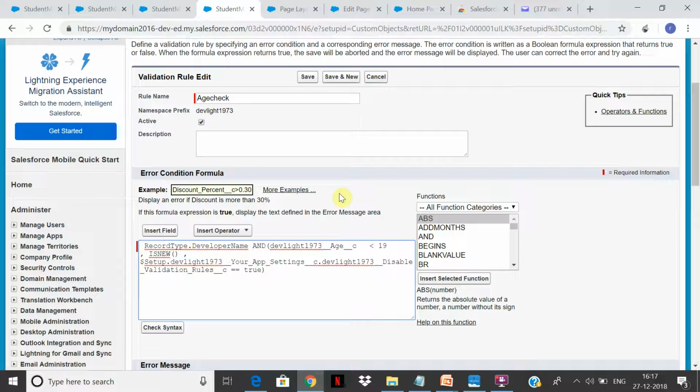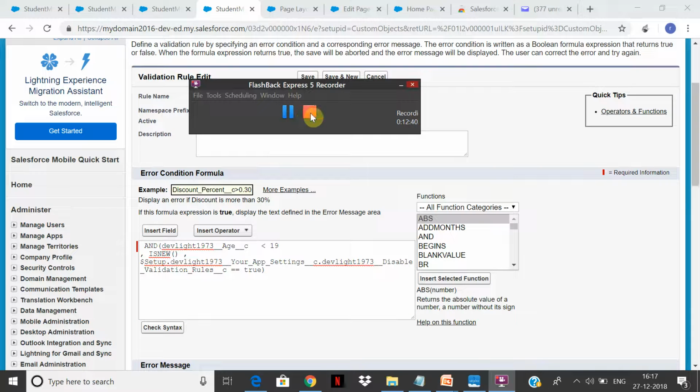So you can add this condition, say equal to undergraduate or something. Right now we are not doing it, but that is another thing you can do. Okay, so these are the various ways in which a record type influences your application. Please practice all of this and create new record types for account, and create a set of 5 different fields for retail accounts and wholesale accounts, and show them in different sections for the different record types.